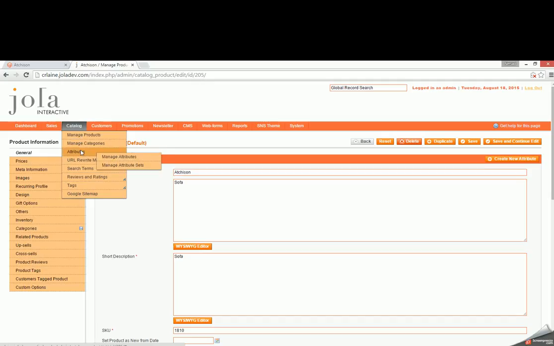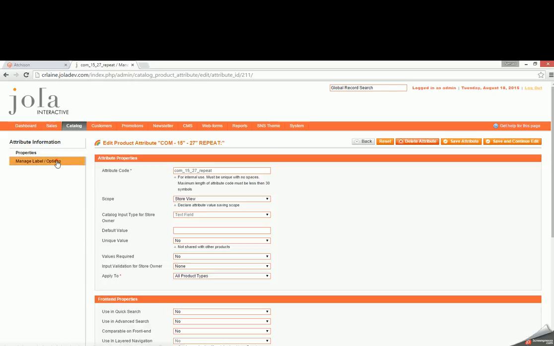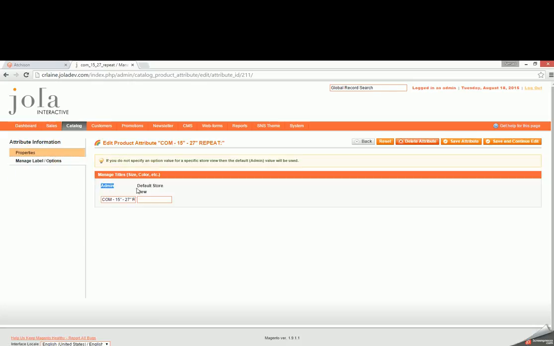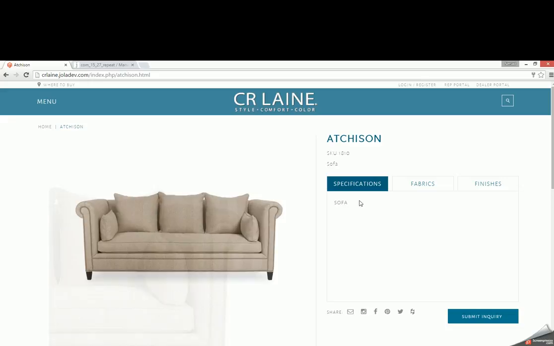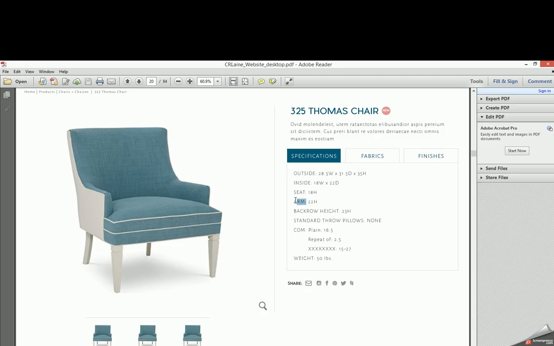Now let's open one attribute and I will show you what to do with this. Here you have the admin label and the default store view label. Use the default store view label for front end display here. In that way users will be able to update the front end labels easily via the admin panel. That is valid for all these attributes except this one, for which you have to concatenate